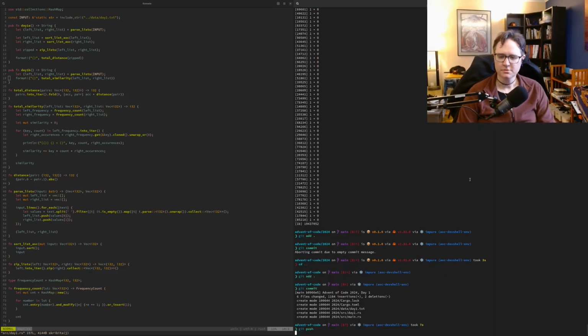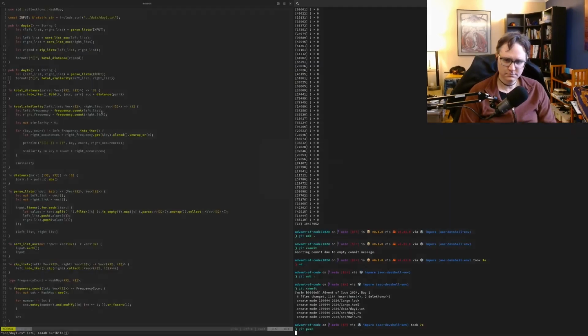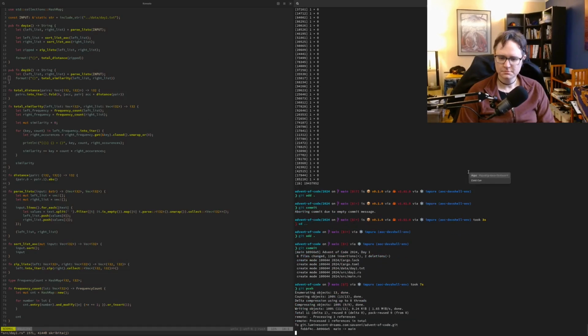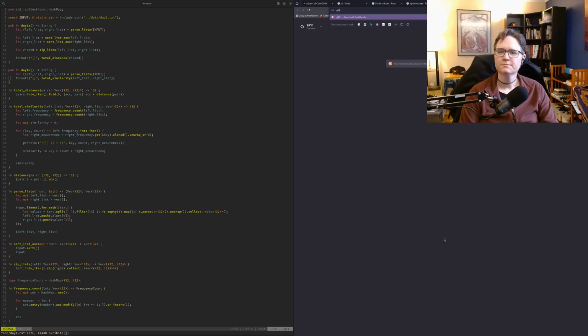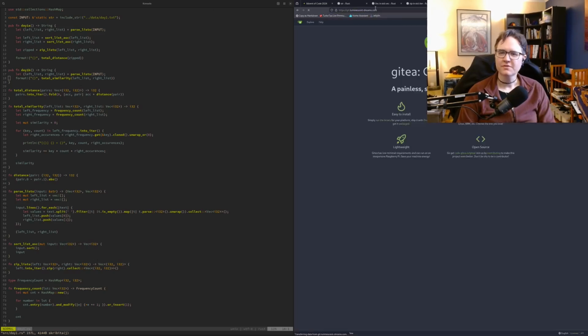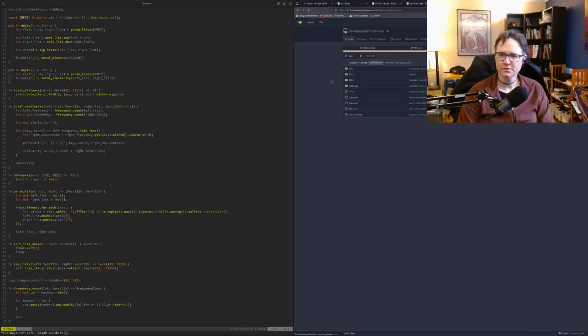Push that up. Cool. And as is so often the case, I will share a link to the repository. It's going to be the Advent of Code repository on my server. So if you wanted to read the solution yourself, you could.